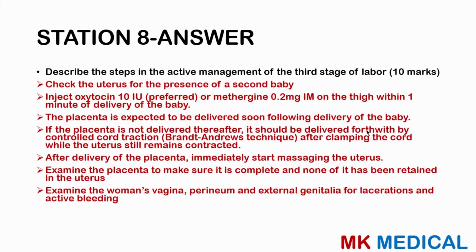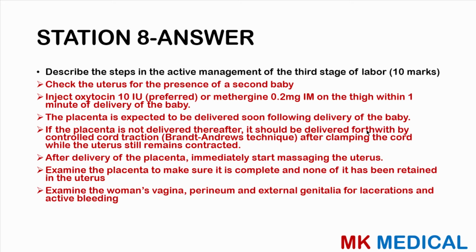If the placenta is not delivered thereafter, then it should be delivered with what we refer to as controlled cord traction, or Brandt-Andrews technique. So after clamping the cord while the uterus remains contracted, then you can apply support to the perineum and make upwards and downwards motion, removing the placenta. And as the placenta detaches and is about to leave, make some twisting motions to ensure that it completely separates